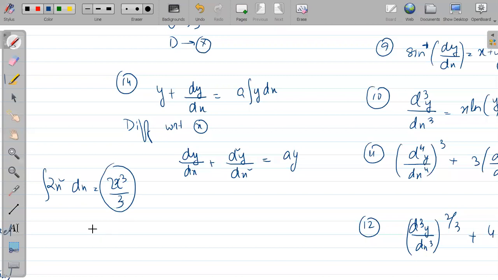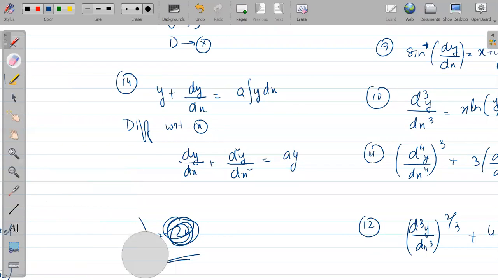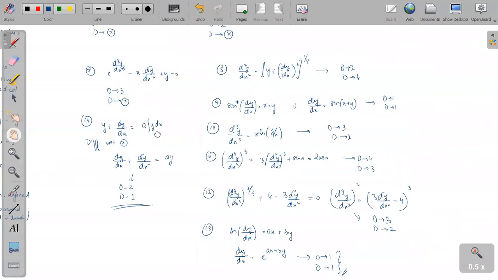If you have to differentiate this with respect to this part only, क्या आएगा भाई साहब? ये तो अपने पास 2x square ही आएगा ना, तो अंदर वाला part ही तो आएगा. We have completed our integration part. So obviously the differentiation of this part with respect to x, the integrating variable is also x and the differentiating variable is also x. So you will get directly 2x square. Understood, I guess? So yes, this is the equation. Order is 2 and degree 1. I hope it is clear.